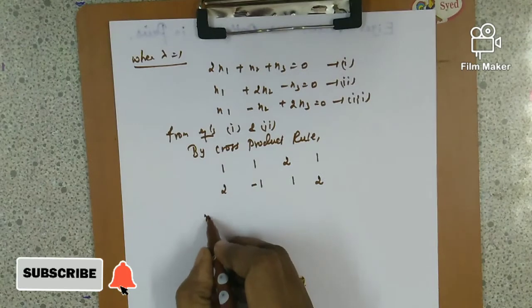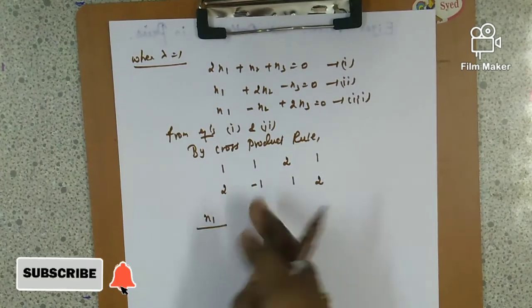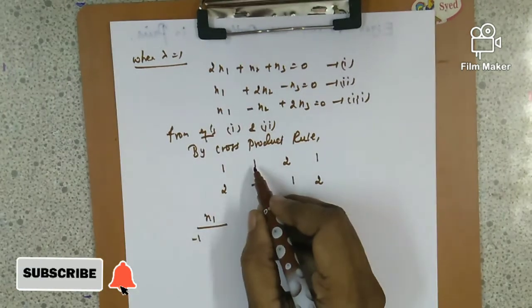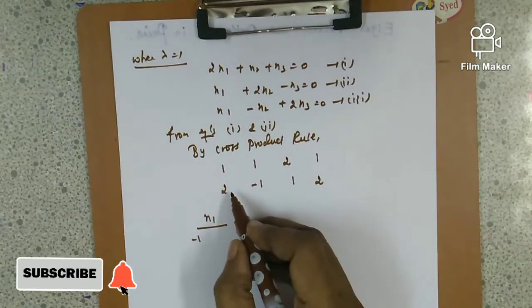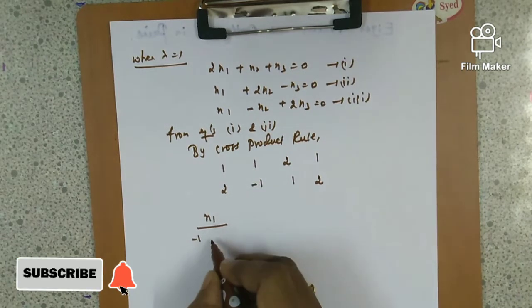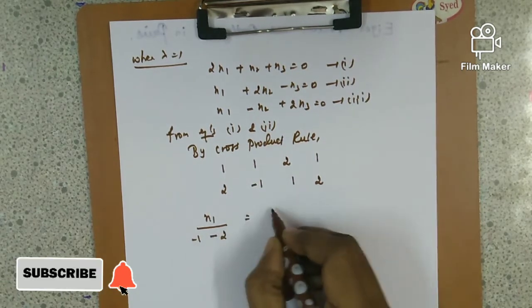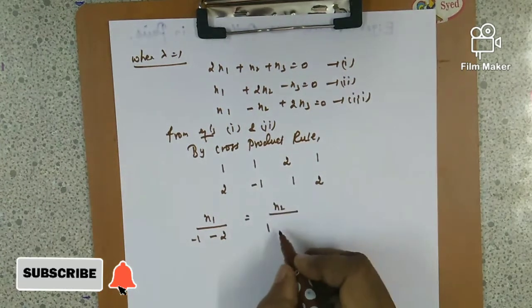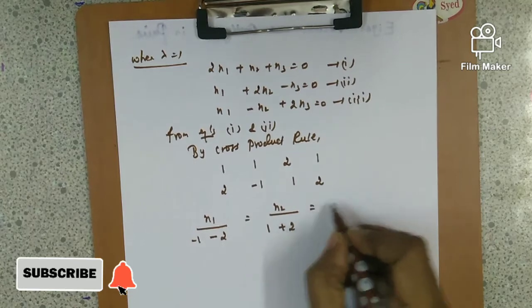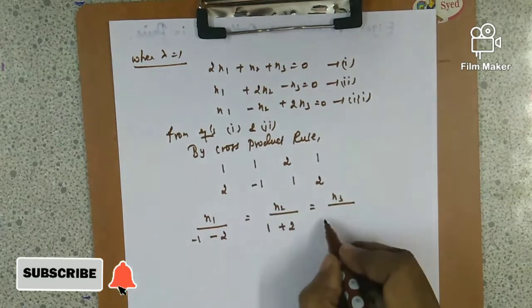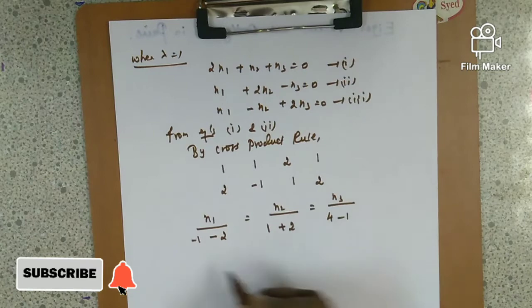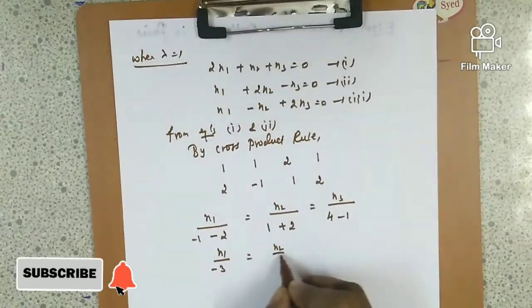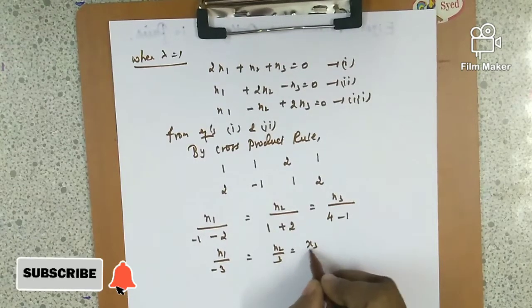Multiplying the first one, x1, in the downward direction we can get minus 1. When you are multiplying in the upward direction we have to change the sign. So here you are getting plus 2 and we are supposed to write it as minus 2. Then x2 by, here 1 into 1 is 1. Then here you are getting minus 2 but we need to write it as plus 2. Then x3 by 2 into 2 is 4, minus 1. So x1 by minus 3, x2 by 3 and x3 by 3.